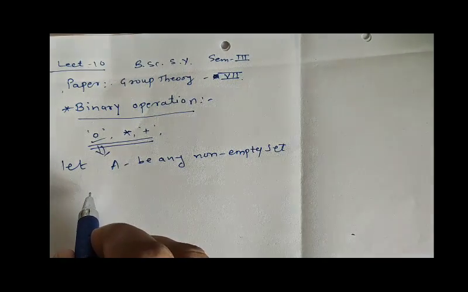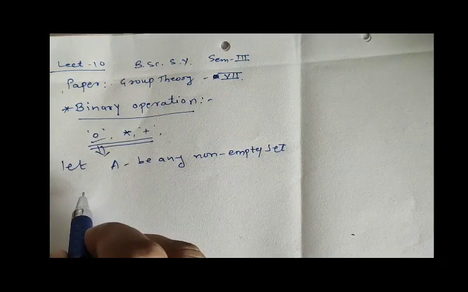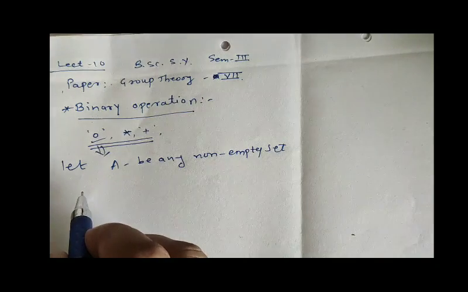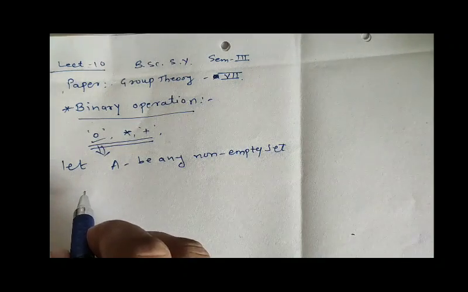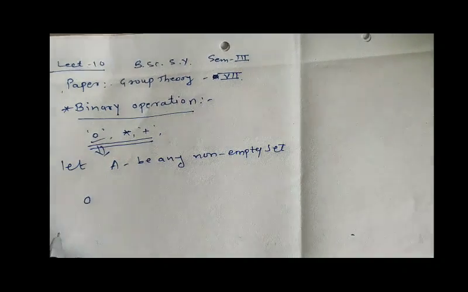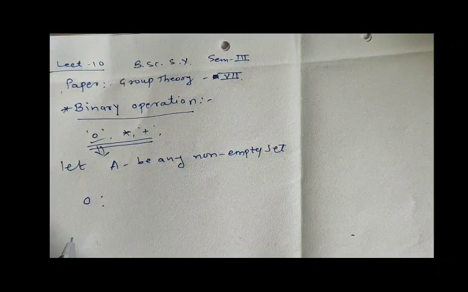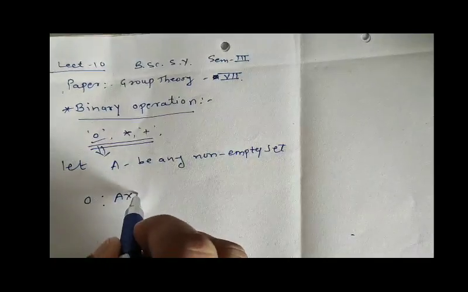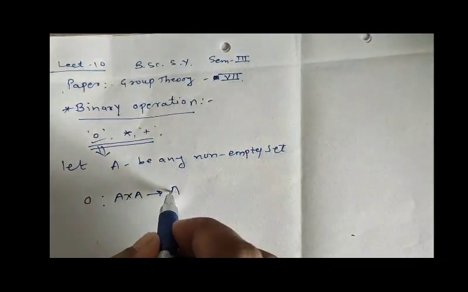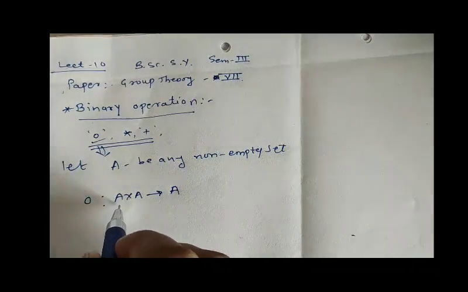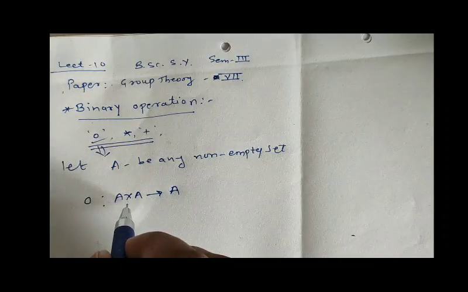Actually, binary operation is a mapping. It is a certain type of mapping. We have already discussed types of mapping with some examples in previous lectures. So binary operation we indicate by this symbol. It is a mapping such that A cross A to A, that means A be any set and take its cross product A cross A,